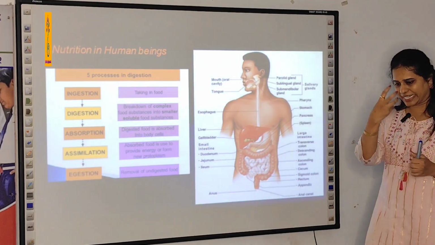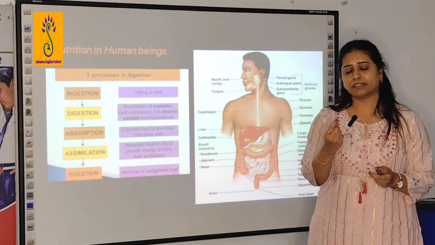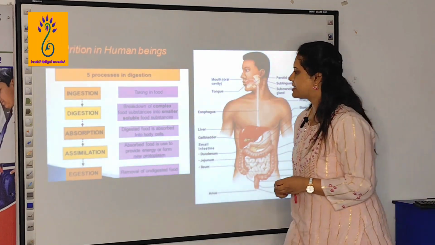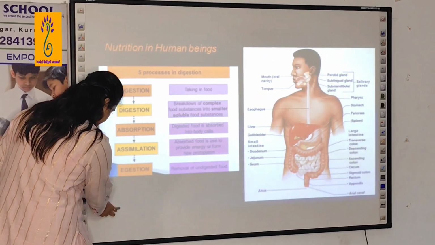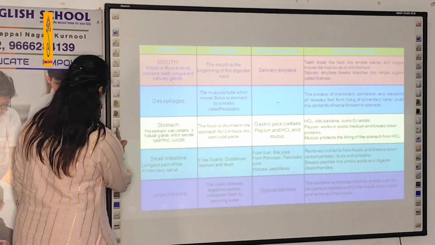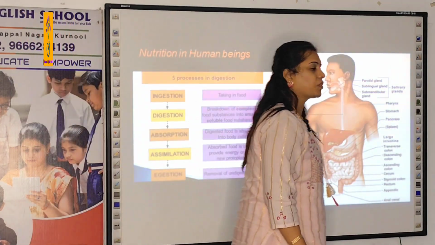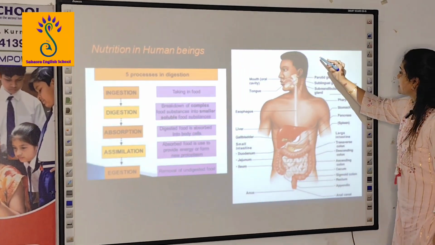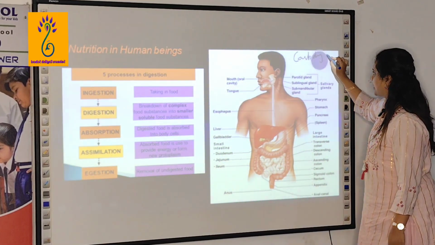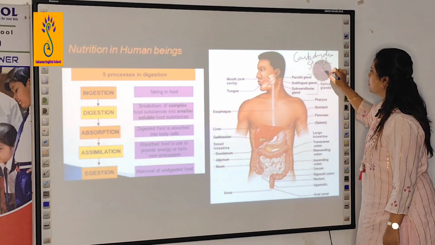Saliva adds some lubrication to the food, and it also contains an enzyme called salivary amylase. This salivary amylase breaks down carbohydrates. Here it is starch, right? Starch into simpler